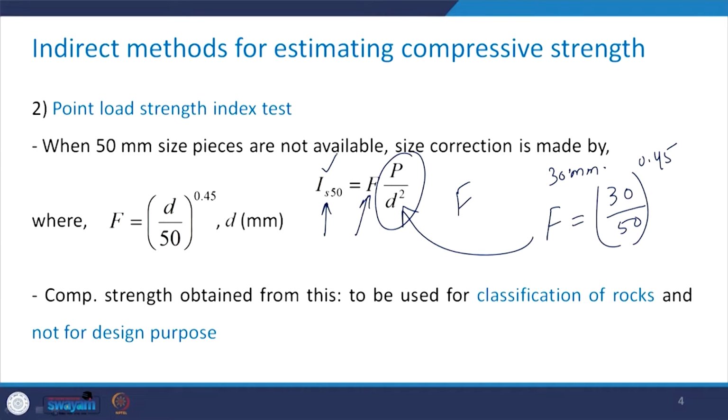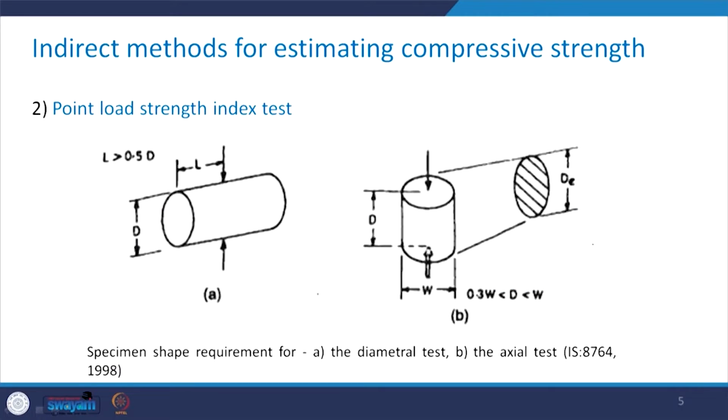However, one can use it for the classification purpose. This is a very important aspect. It is not to be used for design purpose, but only for the classification of rocks. Now, in case we have any other shape of the specimen, then the code, that is IS